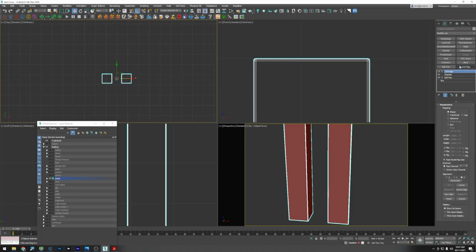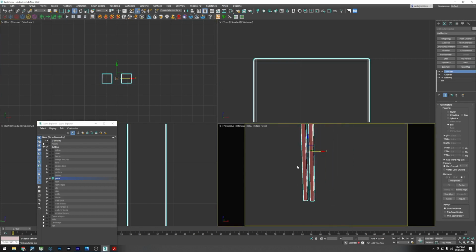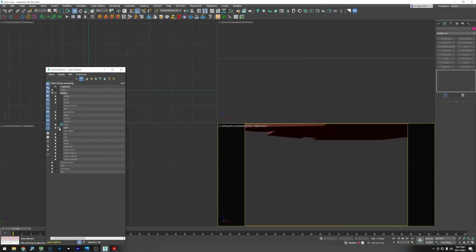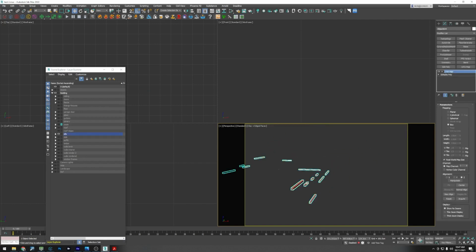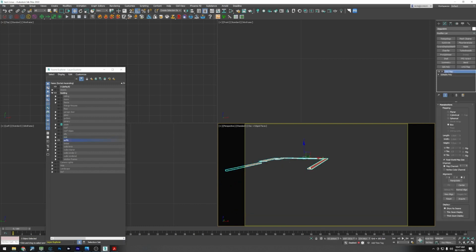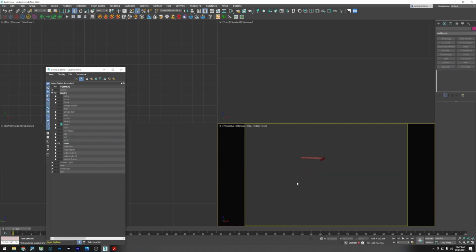Then just add a UVW box map at the end, so everything's got proper UVWs. So the posts are done, roof is fine, we're going to remodel that in another tutorial. The window sills are all good, we've got UVW map on them, the slab's good, got the mapping, the soffit's got our UVW maps and they look fine, timber,